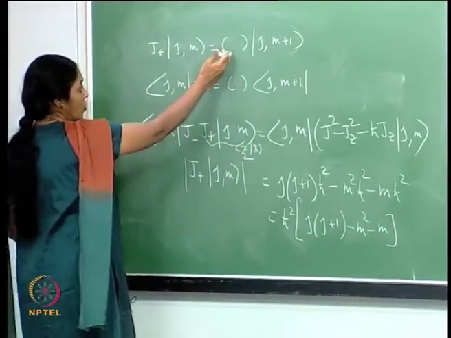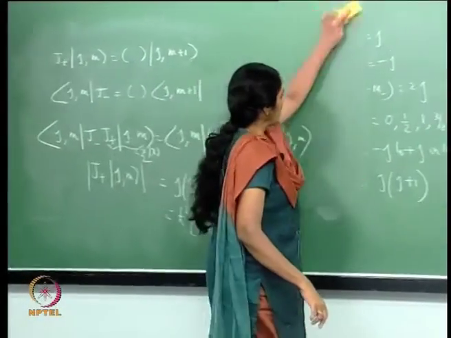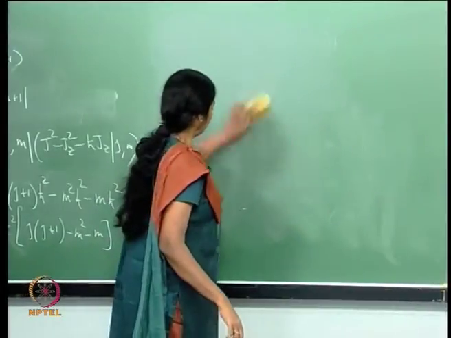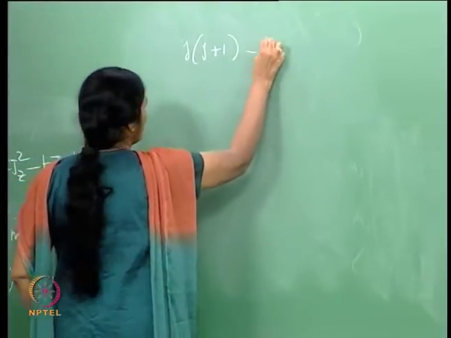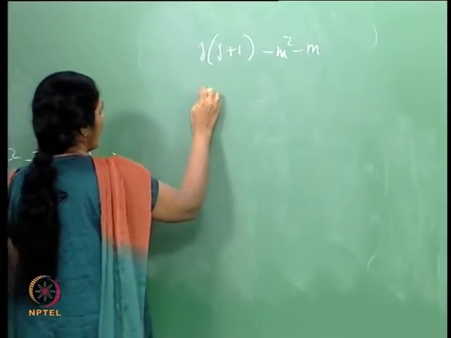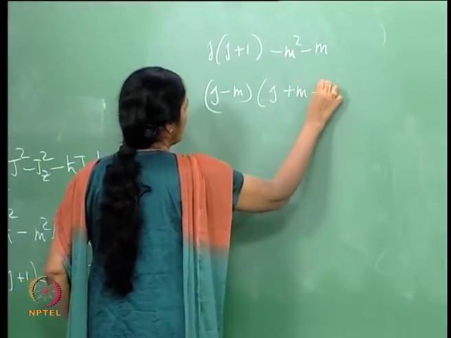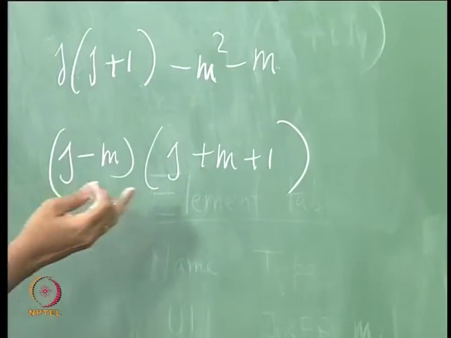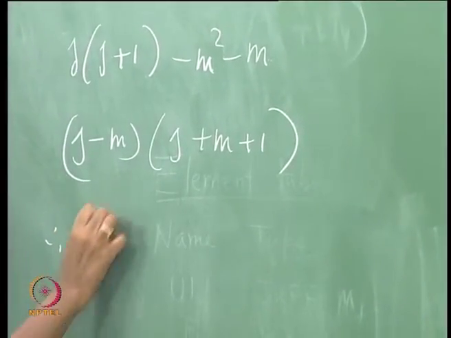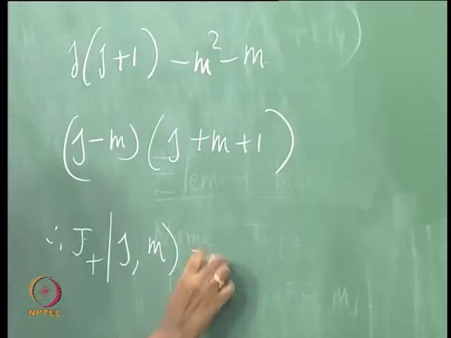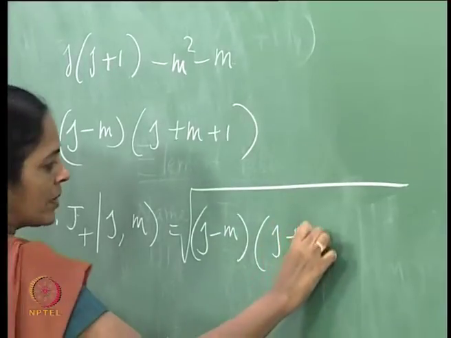This is the square of the number that comes here, and therefore the number can be easily evaluated. I would like to write j(j+1) minus m² minus m as (j−m)(j+m+1). That's a way of writing it. And therefore,